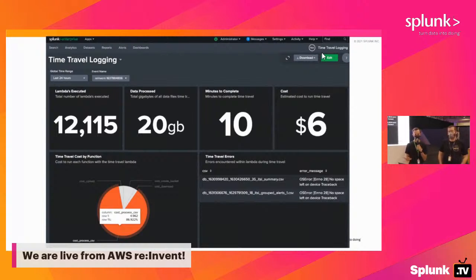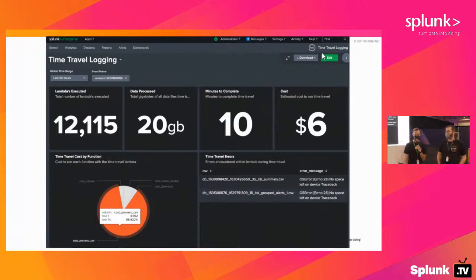So here on this dashboard, you'll see over the top left, how many Lambdas are actually executed per run. So that's about 12,000 that we have running. That takes about 10 minutes to process about 20 gigabytes of data. And we know from the CloudWatch logs how long each Lambda is executing, and we're able to convert that runtime into a cost. And so we know that each time we run this, it's costing us about $6. But now where things get even more interesting is with a couple well-placed log statements with timestamps in our Lambda function, we're able to actually see how much time and money each one of the processes within the Lambda function is taking.